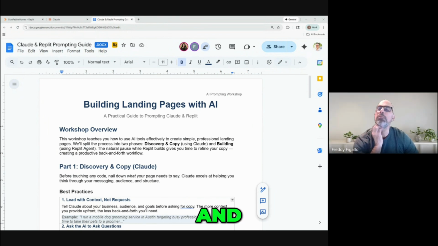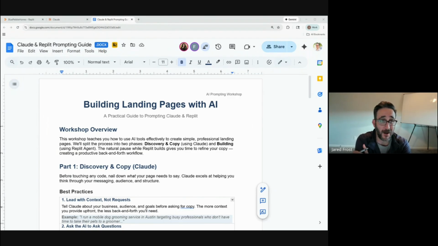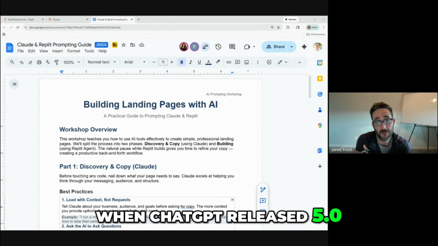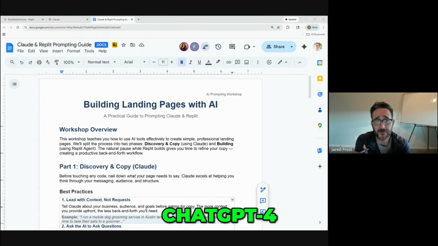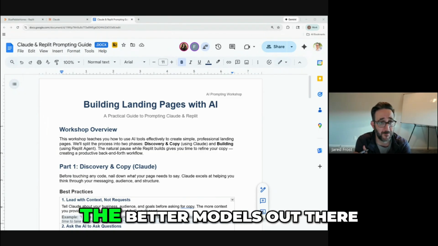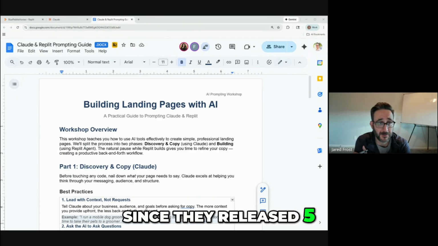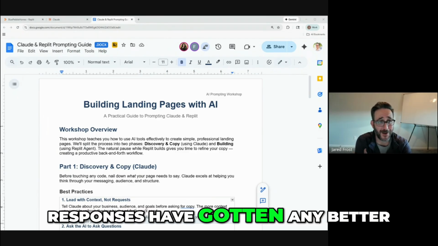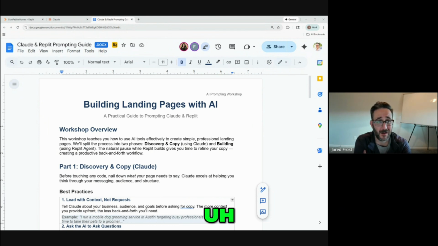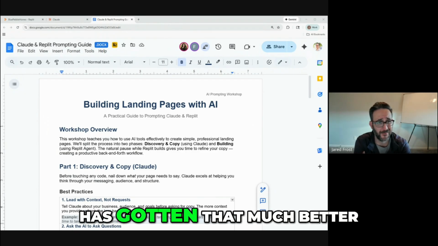And then why make the switch? It's a good question, man. I think it started when ChatGPT released 5.0. ChatGPT 4.0 was pretty good at the time. I would say it was probably one of the better models out there. Since they released 5, personally, I don't think the responses have gotten any better. In fact, I think they've gotten worse, in my opinion. And I don't necessarily think the new release of 5.1 or 5.2 or whatever they're on has gotten that much better,